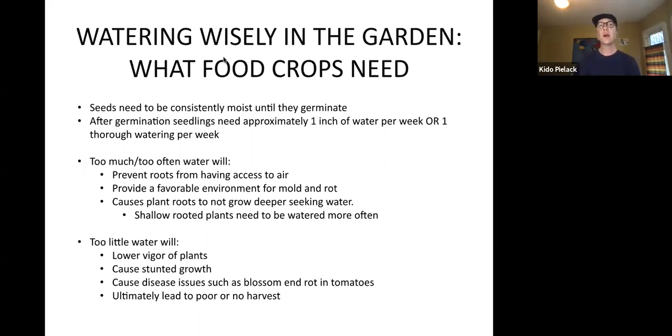If we don't water enough, then the plants will tend to be stunted. The water is a huge part of what allows the plants to grow. They access the nutrients for green growth, they access the nitrogen and so on. And so they need the water as the vehicle to